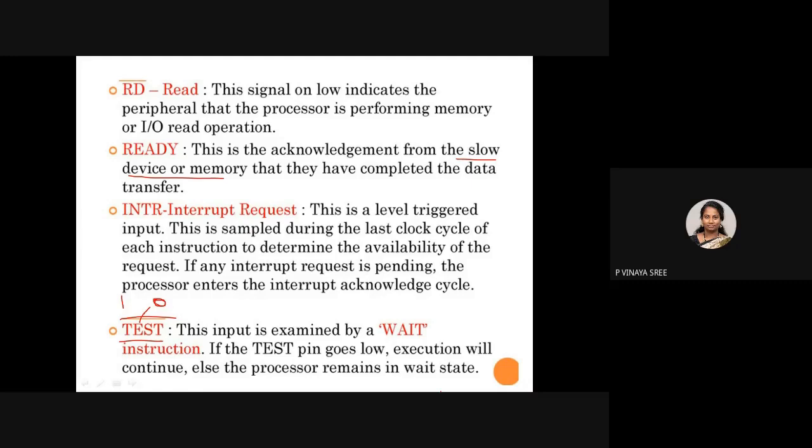In such a case, it places the test as 1. If it places the test as 0, that indicates everything is okay, you can execute your work. If not, it maintains a wait state, saying please remain in an idle state for some time. When everything is okay, we will give a low on the pin so that you can execute your task. This is about the test pin.